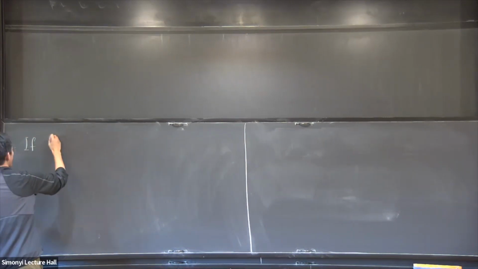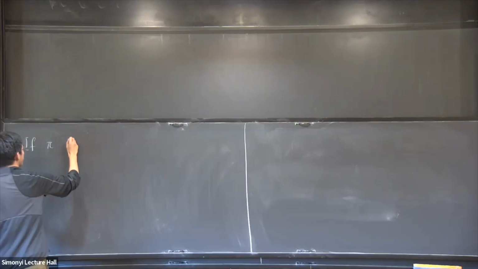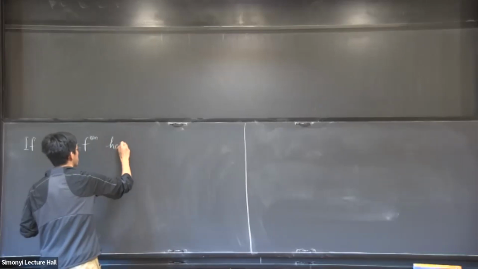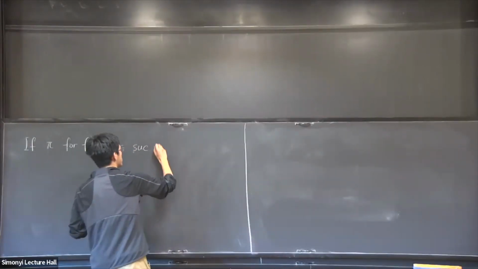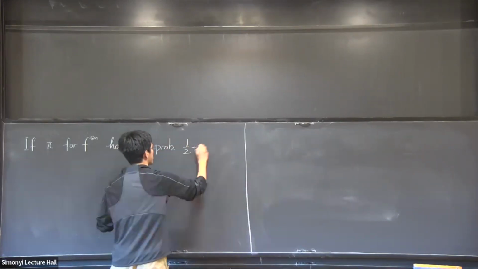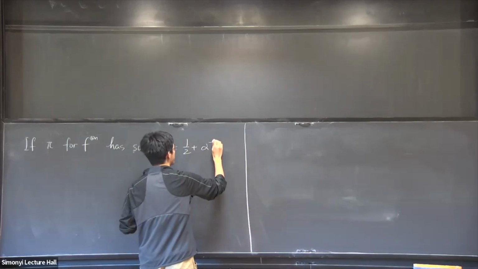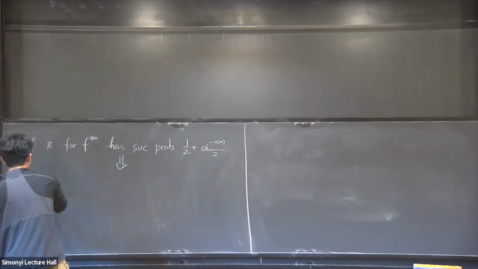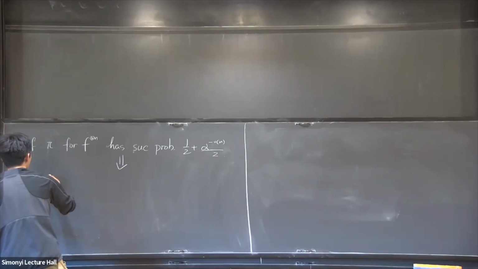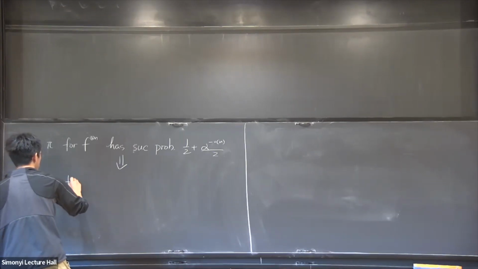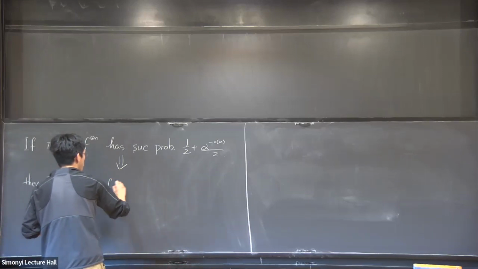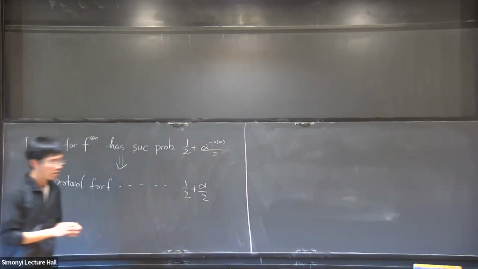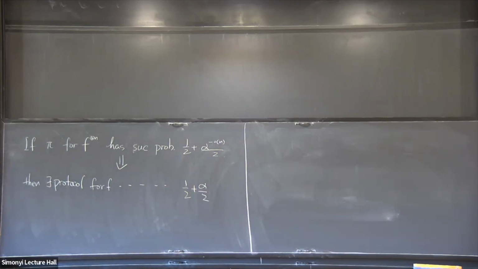That is, if pi for f to the n has success probability half plus something exponentially small in n, let's say slightly sub-exponentially small in n, then we want to show that this is already sufficient to imply that there's a protocol for f that has success probability some constant, let's say, plus